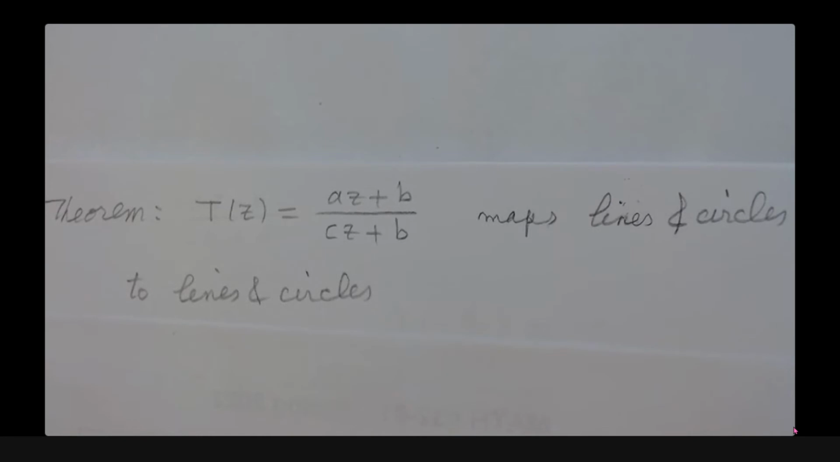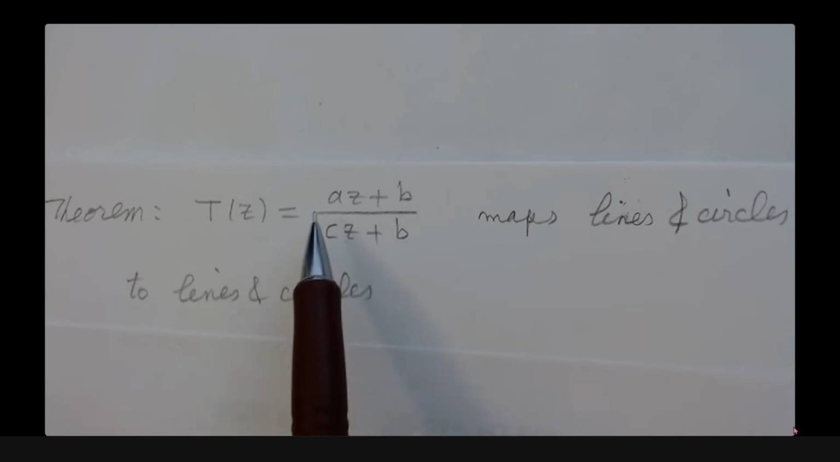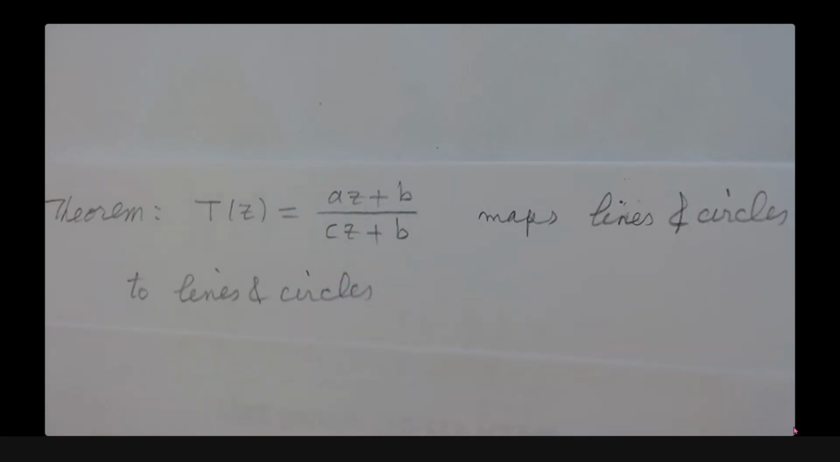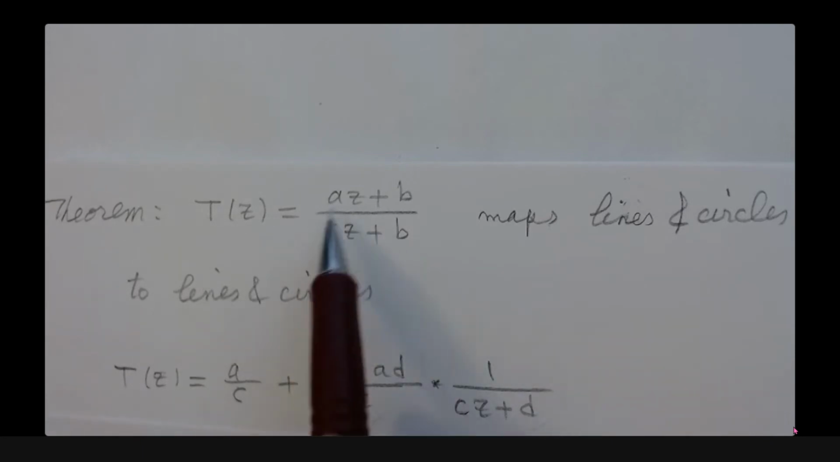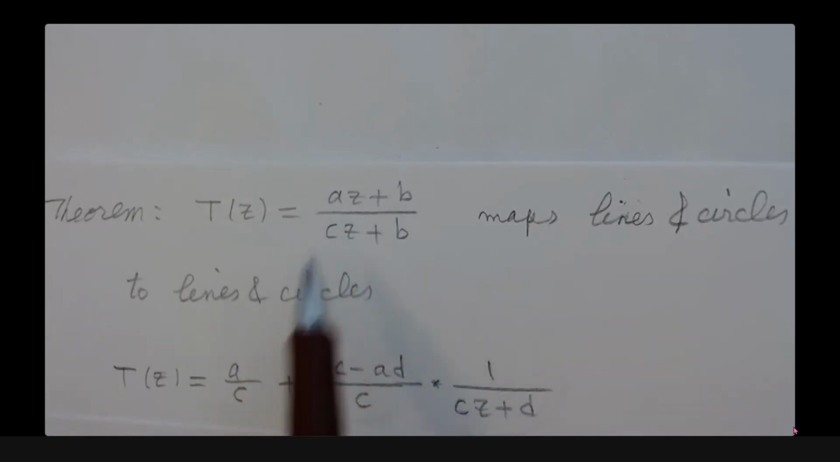Here is the reason. If we do a little manipulation here, for example, we can do the long division. We can write this as the constant A over C plus this constant times this fraction. Okay? You can just do a little long division, you will get this. Now,